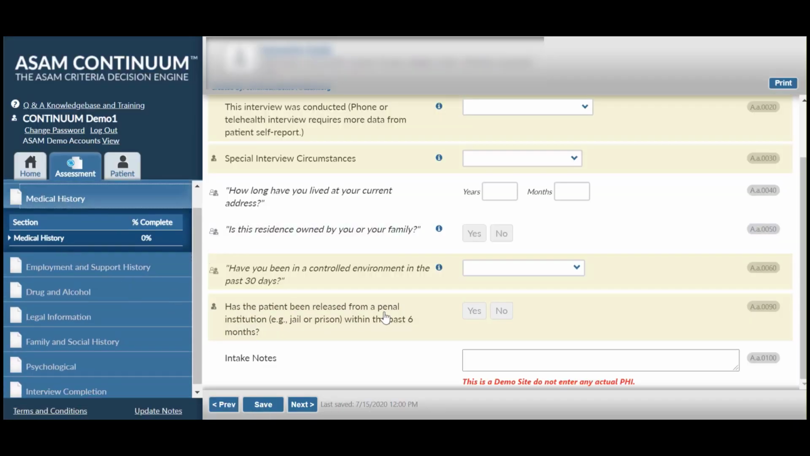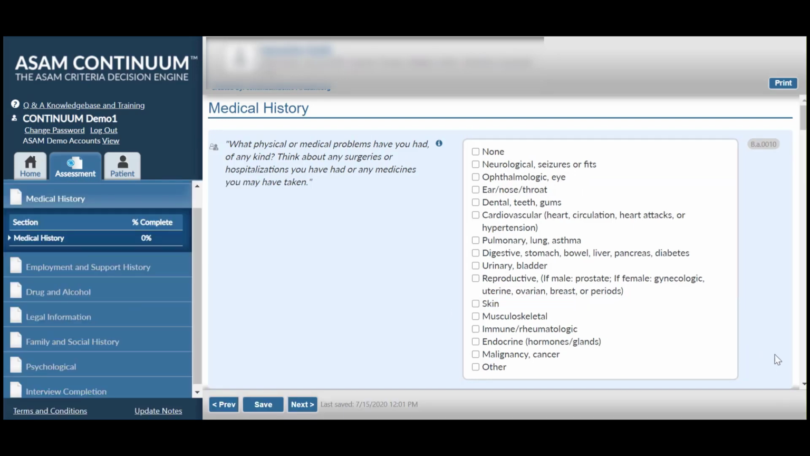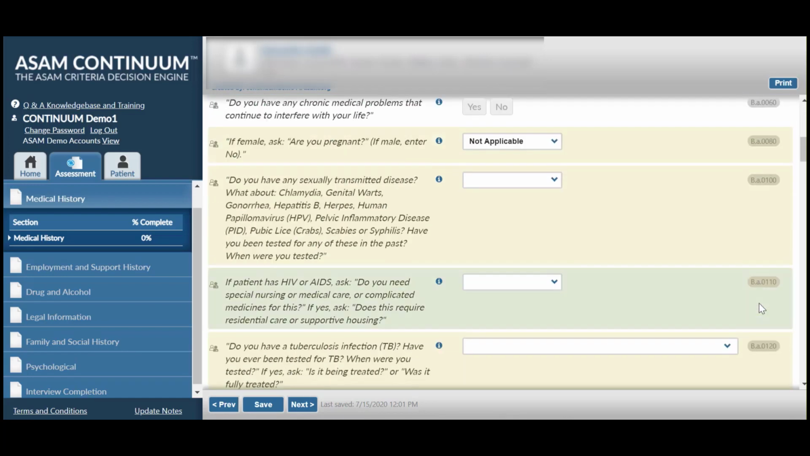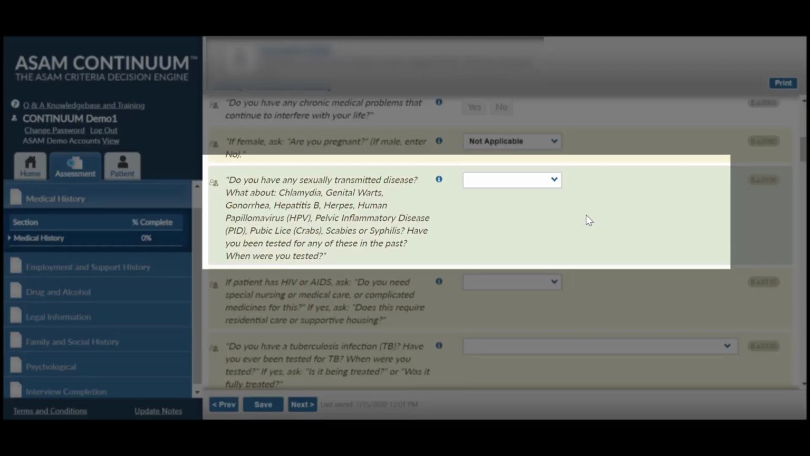In the medical history section, several question and response updates have been made. Navigate to the first question, "What physical or medical problems have you had of any kind?" This question has been updated so that the interviewer asks the question to the patient directly. Navigate to the question, "Do you have any sexually transmitted diseases? Have you been tested for any of these in the past? When were you tested?" The list of response options now includes whether the patient has been tested for sexually transmitted